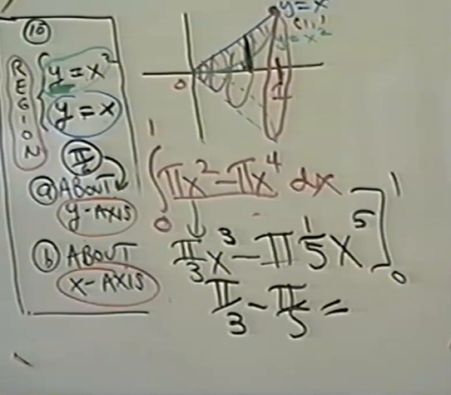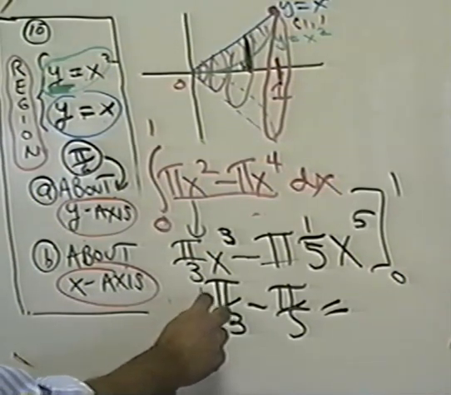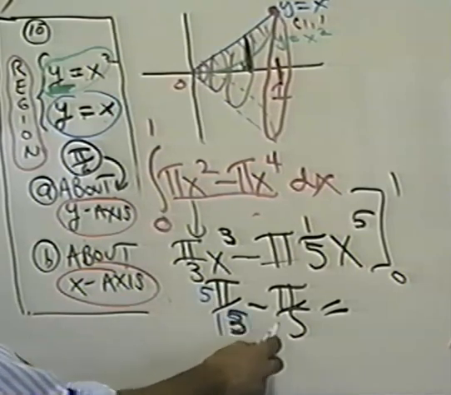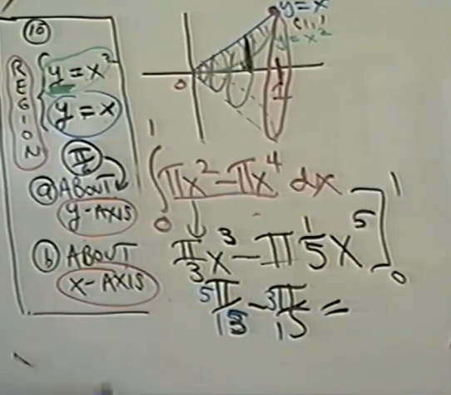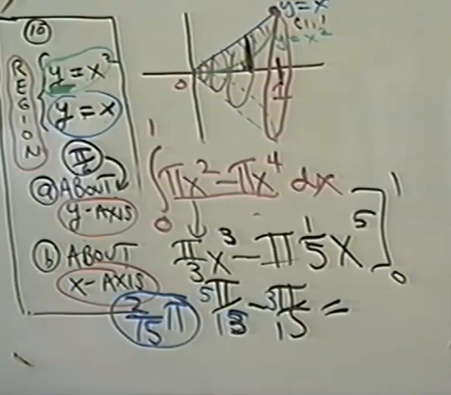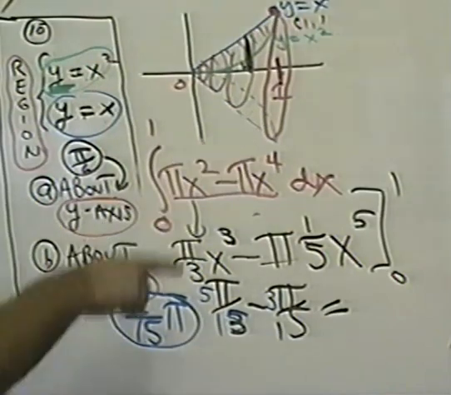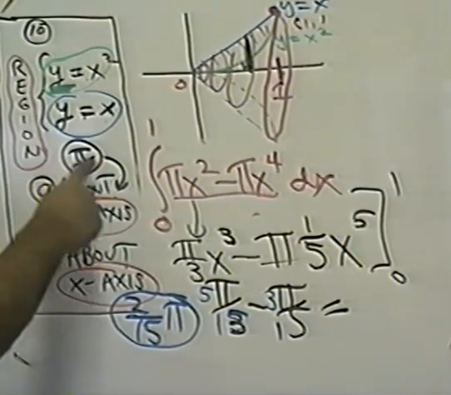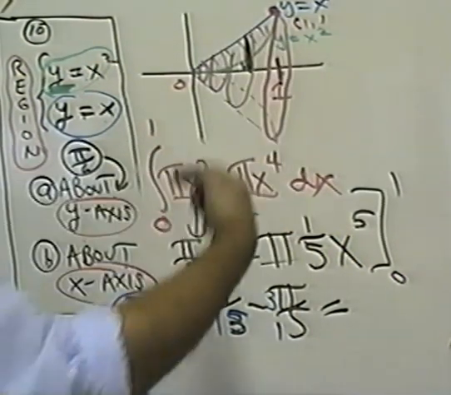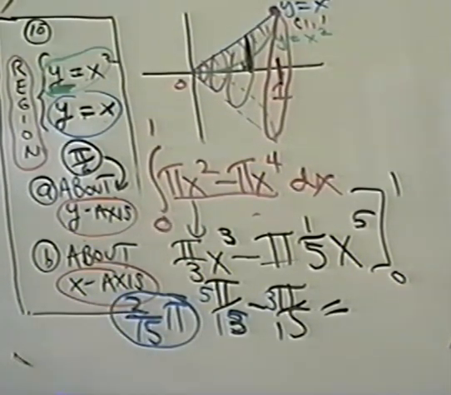Common denominator 15. This would be 5/15 minus 3/15 or 2/15. So our two volumes, the one formed rotating around the y-axis, turned out to have a volume of pi over 6, and the volume rotating around the x-axis turned out to be a volume of 2/15 times pi. Obviously they're not equal, and